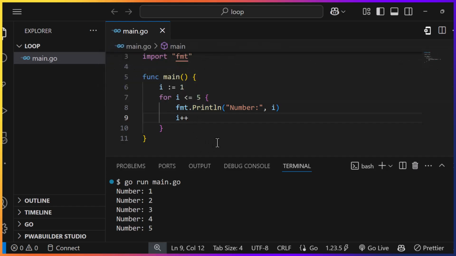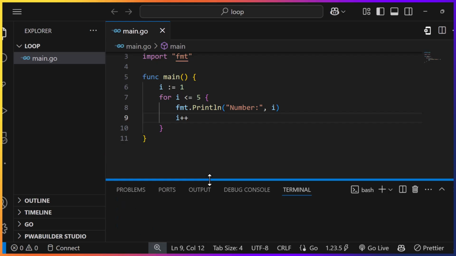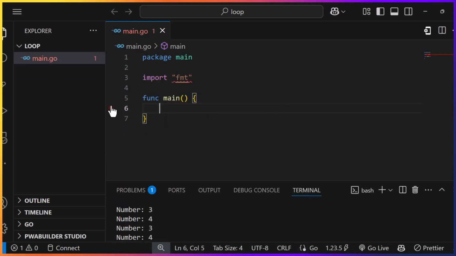Now, let's look at infinite loops. Sometimes you might need an infinite loop, like for listening to a server or waiting for an event. In Go, an infinite loop looks like this. Let's take a look at that one too. Inside our function, this is how an infinite loop looks. With no initialization, we just go straight for, and we write our code,